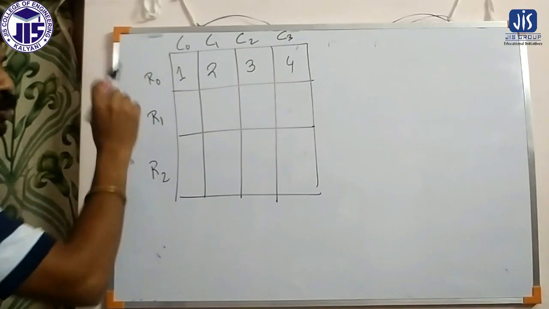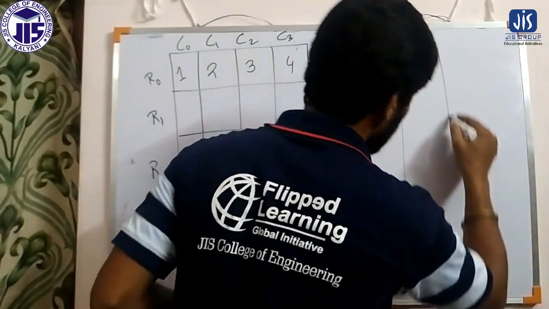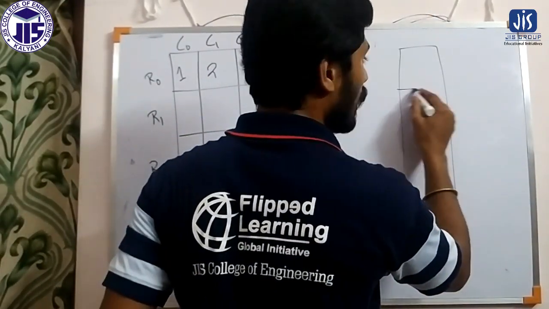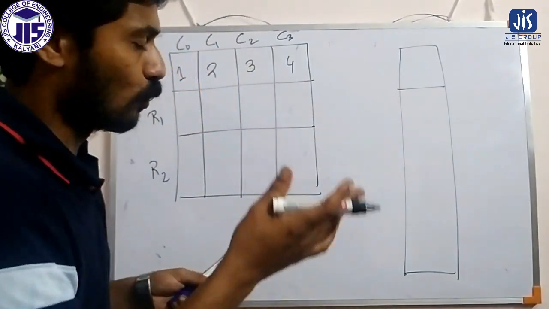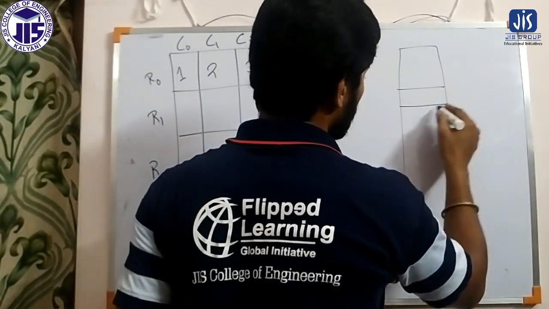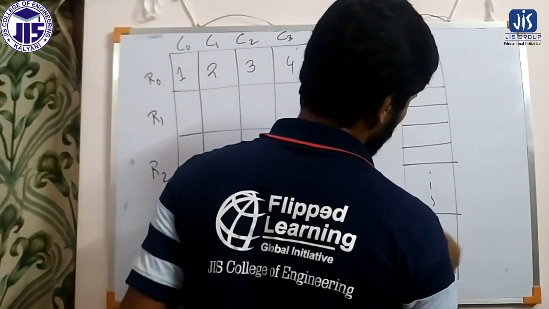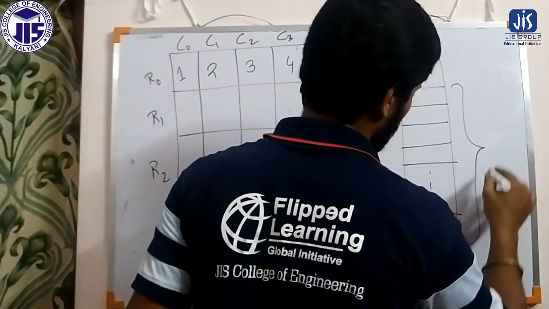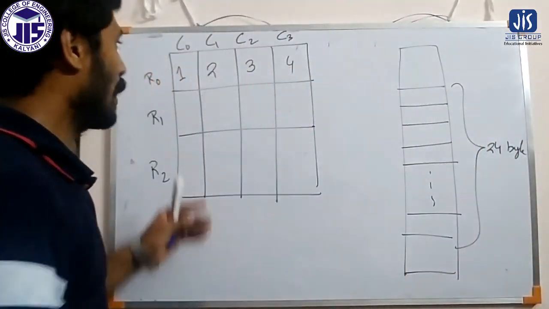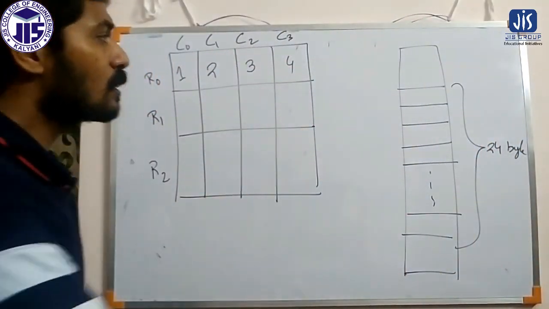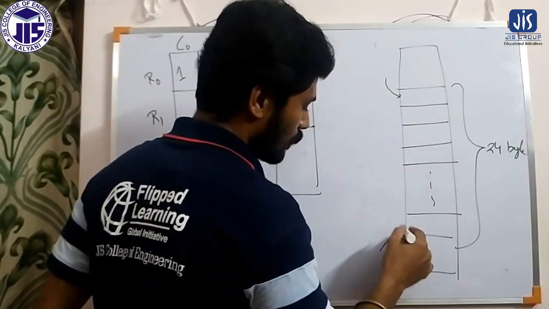First we will start with row 0. So if I consider this is the main memory, a total of 12 elements will be allocated, so a total of 24 bytes will be allocated. If I say this is the location, in that way these are the 24 bytes. Continuous 24 bytes have been allocated for this particular array. Now this is the first location, and this is the last location, 24 bytes.